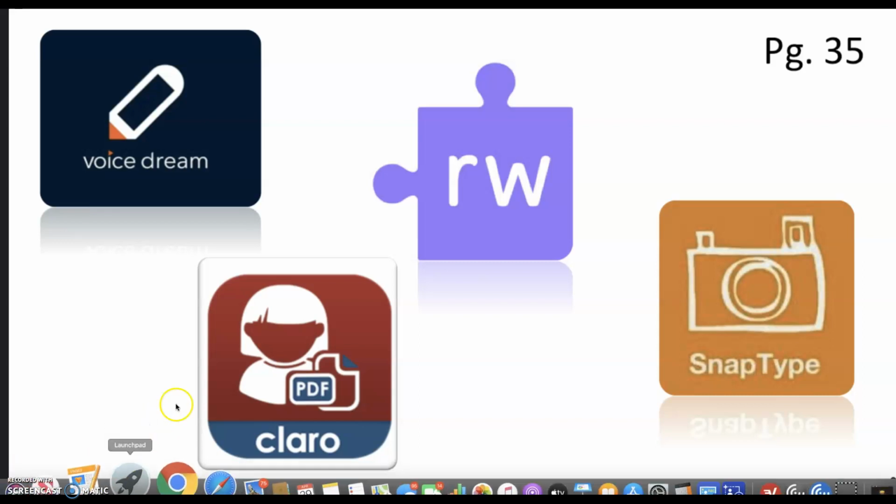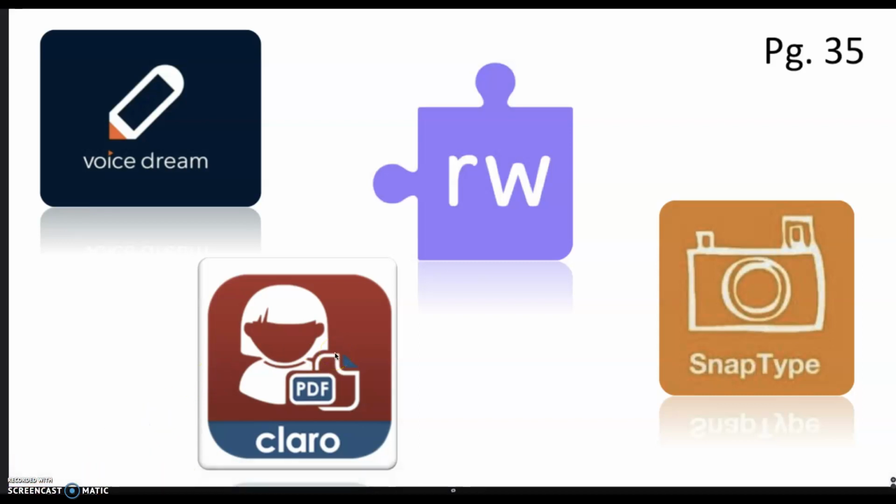Okay, so the next one we're going to talk about is Claro. So Claro is an accessible reading and study PDF tool for all. So it's a portable document format, annotated markup, that saves PDF files, which are still fully compatible with Adobe Reader and other